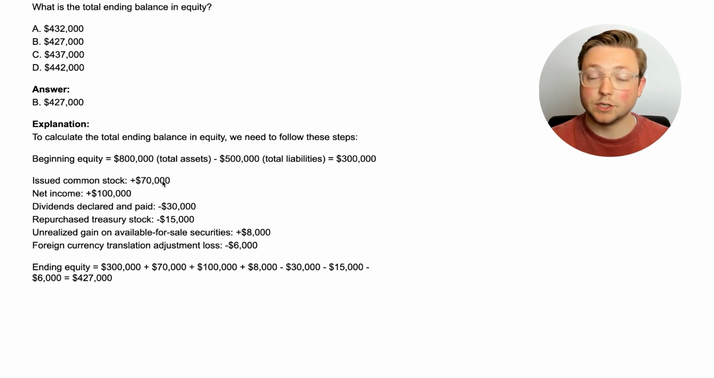So we add the issued common stock, we add the net income, we subtract the dividends declared and paid, we subtract the repurchased treasury stock, we add the unrealized gain on available for sale securities, and we subtract the foreign currency translation adjustment loss, all to the beginning equity, which was $300,000 again. So all that together, $300,000 plus $70,000 plus $100,000 plus $8,000 less $30,000 less $15,000 less $6,000 gives us $427,000